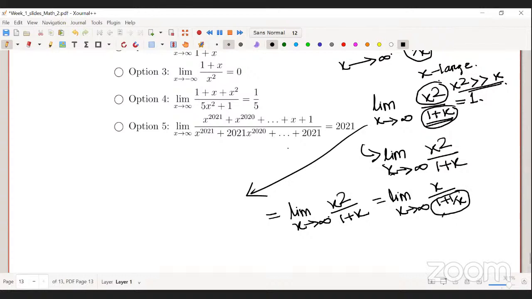So this converges to 1, and this diverges to infinity. So in some sense, what you are getting,